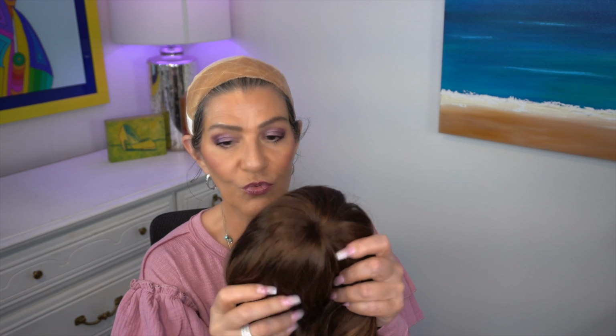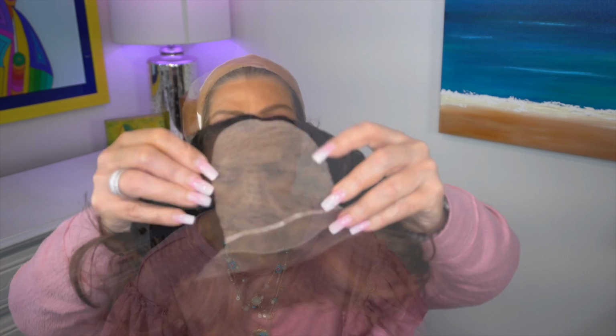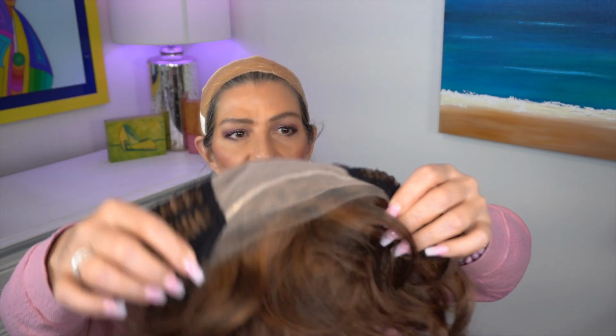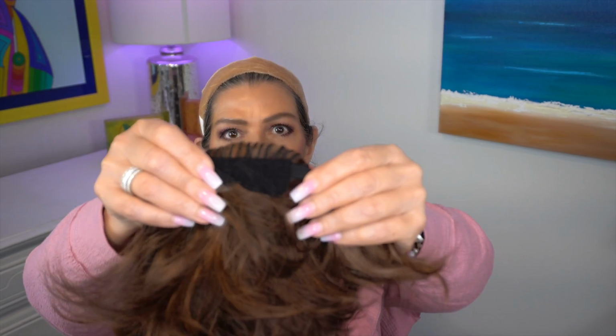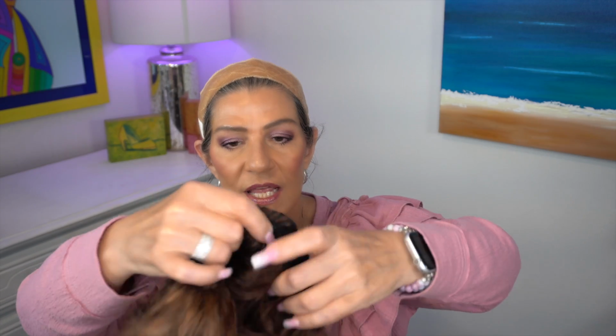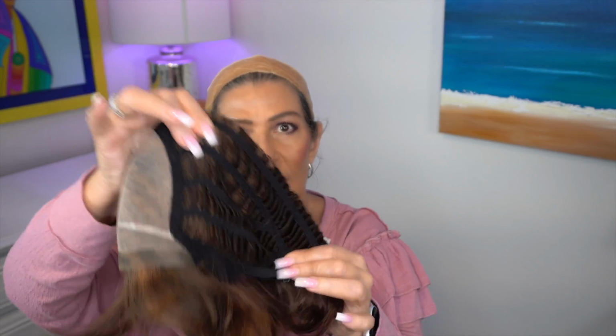All right, let's start off with Marsha in Cinnamon Raisin. Let's see what this girl looks like. The fibers feel really nice and soft. These are synthetic fibers. On Marsha, we have a full mono top that feels very soft. We have an extended lace front, felt covered ear tabs, pull type adjusters, an extended nape, and lots of stretch